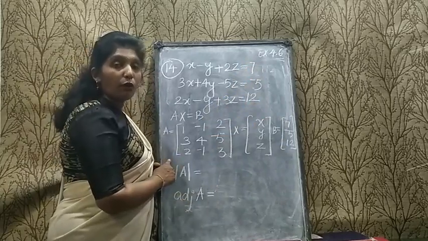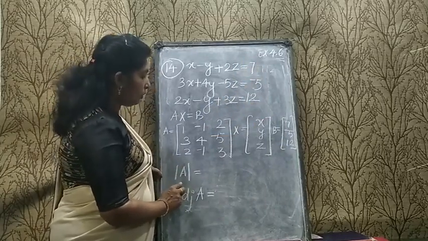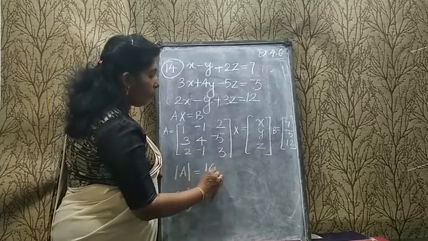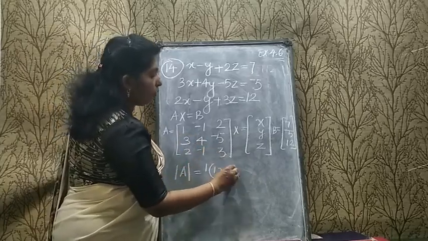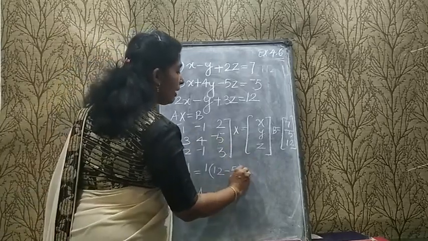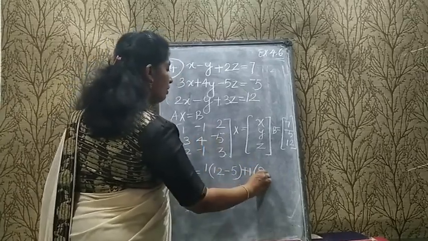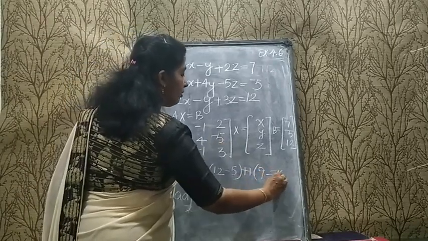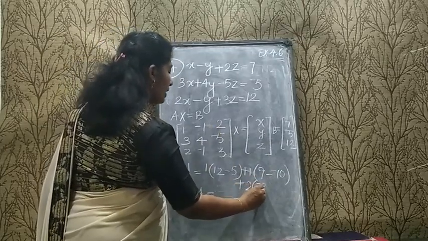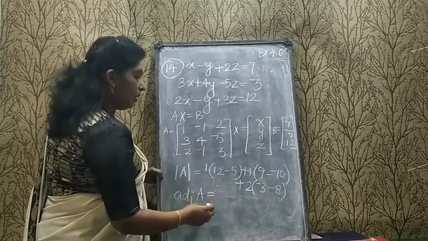Now, first of all, for checking the consistency, you have to find out the determinant of A. So, determinant of A is equal to 1 into 12 minus 5, then minus 1, it will become plus 1 into 9 minus 10, plus 2 into minus 3 minus 8, that is equal to